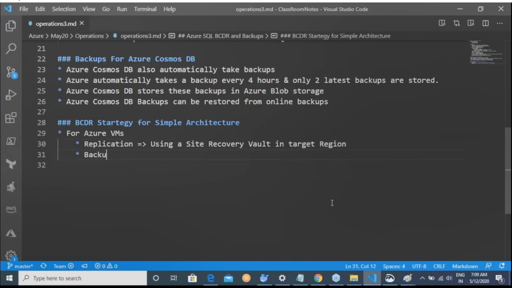Backup using the Azure Backup service, which in turn creates a recovery vault or site recovery vault.